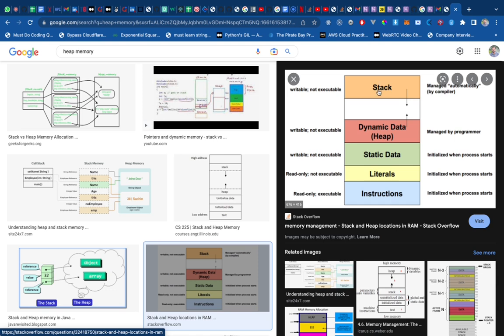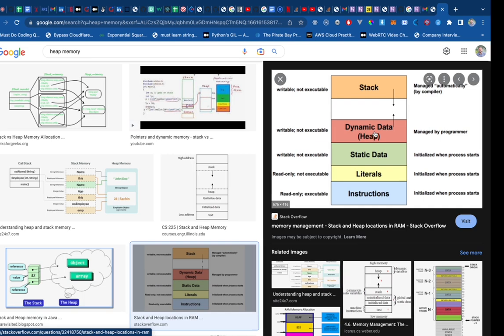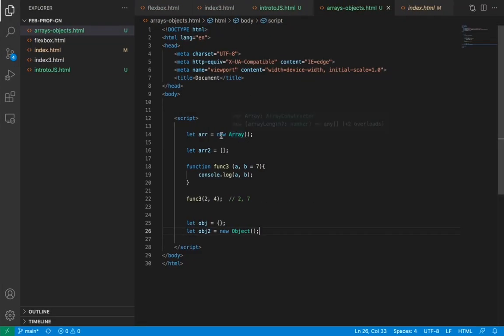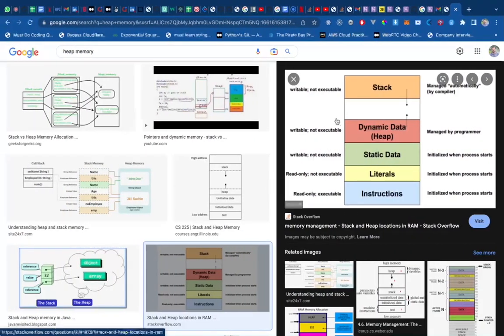functions, when the functions run. Stack is used for functions. And this dynamic heap, these are very small data types. Literals are not much, so that is why we should avoid constant global variables. Dynamic data or heap is a larger storage. Whenever we use this new keyword, whenever we say new, it allocates memory in the heap, because heap is the larger chunk of memory,